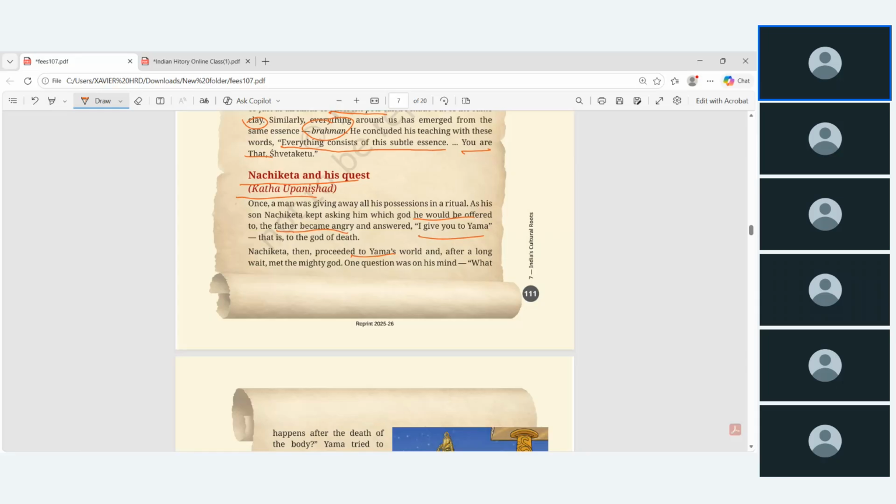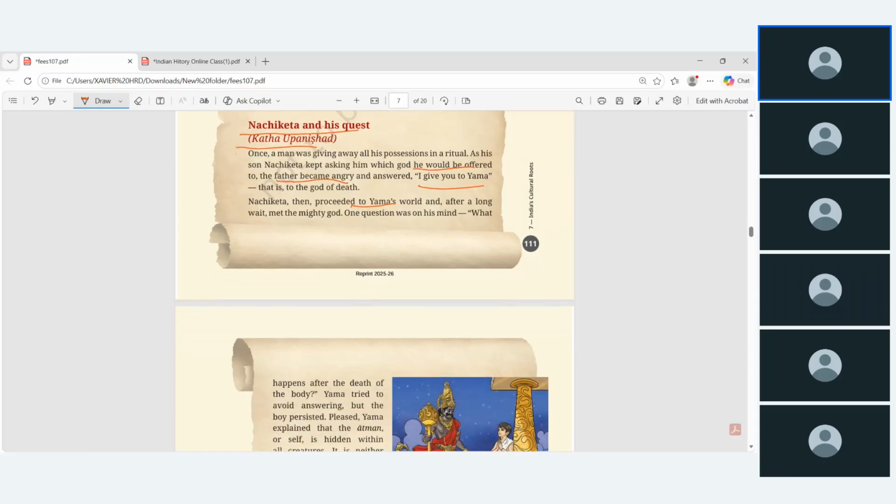அதனால he left his place, but still he was waiting at the door of the Yama's world for around 3 days. So the knowledge reached to the Yama, and the Yama will come to the Nachiket and he will ask what's your doubt, and so he will ask many more doubts. அதுல one of the doubt என்ன கேட்பான் அப்படின்னா,